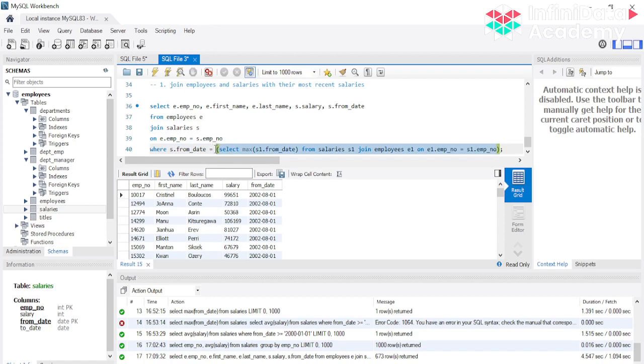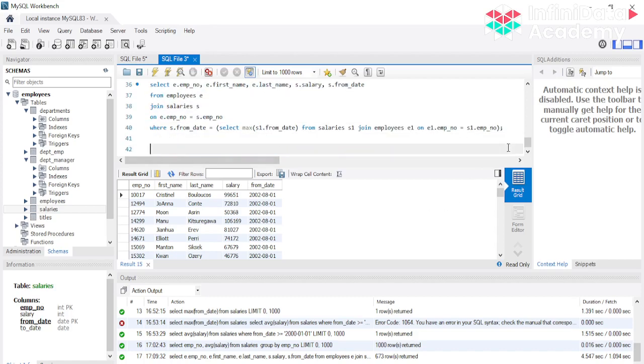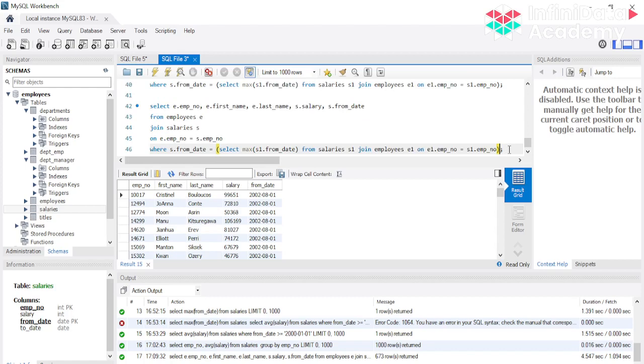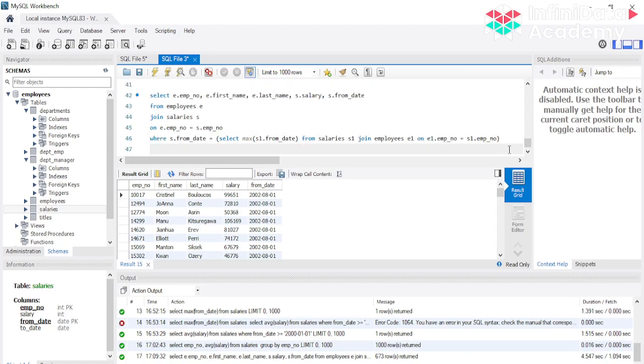So you can use the result of one query in your main query. The nested query that we used is basically your inner query, and whatever result came from the inner query, you can use in your outer query. So from this, now I have got the employee's last salary. Now, against this salary, I want to see the department, right? So let's keep it the same like this. I'll just copy this and modify it further to get the department detail.